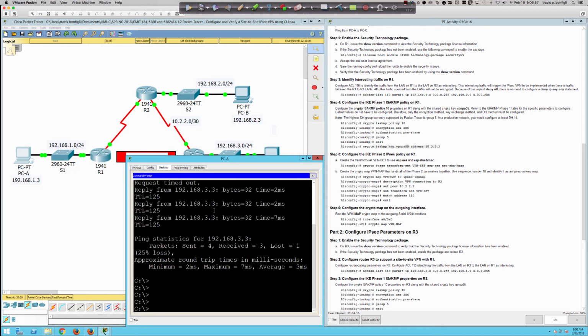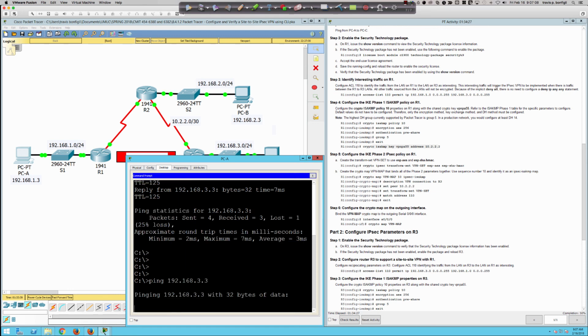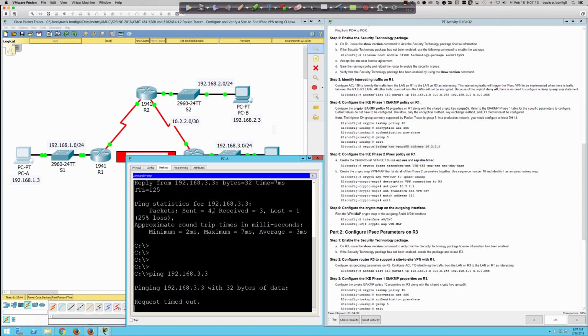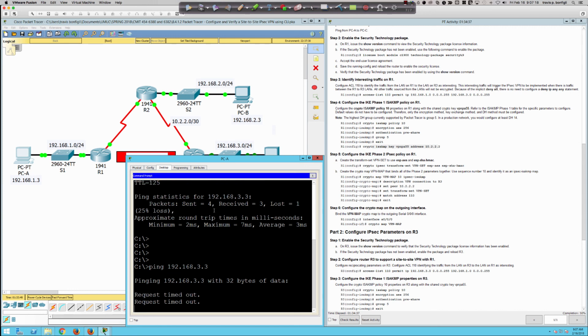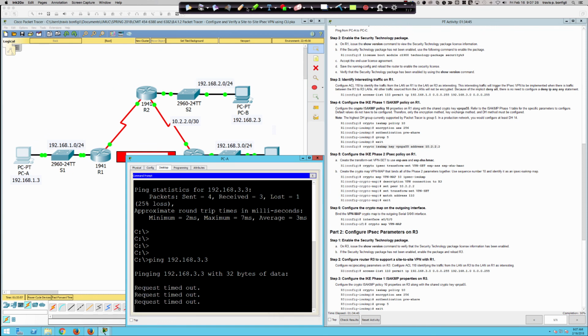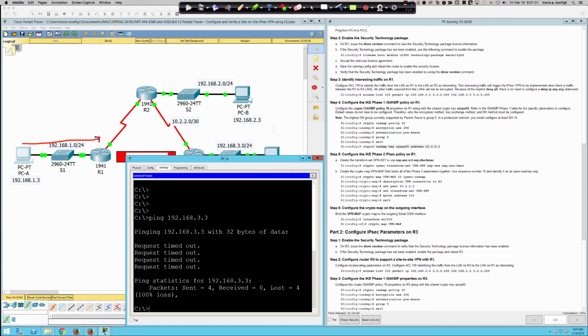We're not just going to make a statement, right? I'm going to prove it to you, because you may be saying, oh, well, since the tunnel's not set up, the traffic will still work. So let's try it. Ping 192.168.3.3, and it's not going to work because we have activated the crypto map on the serial interface. So now all traffic that is showing up at router 1, that is going to egress out this serial 0/0/0 interface